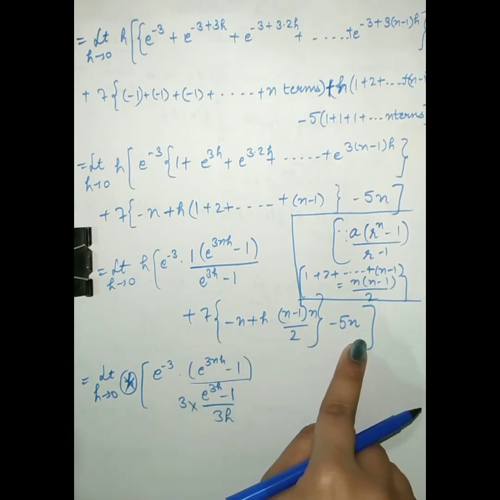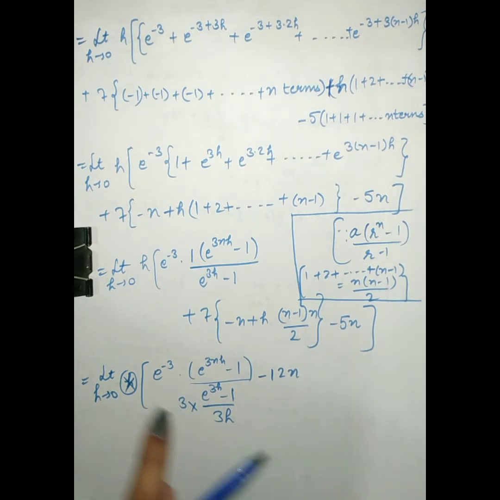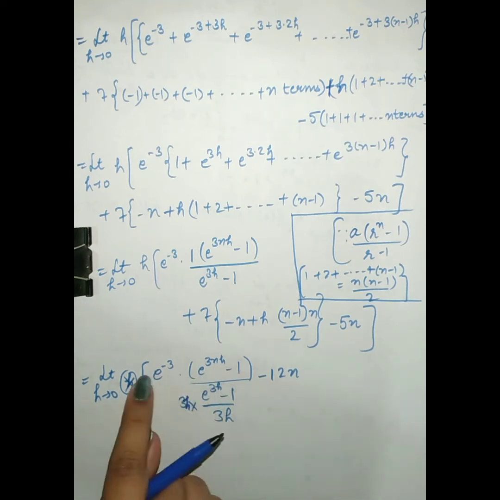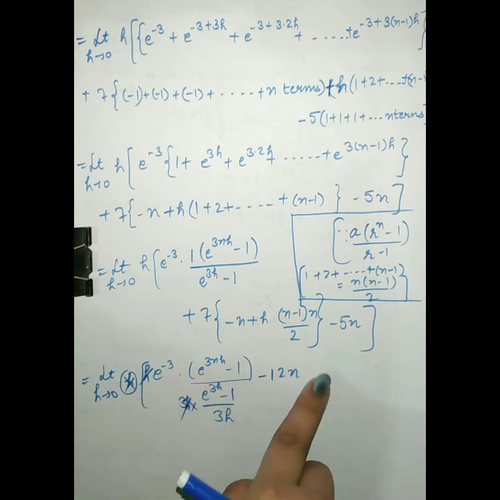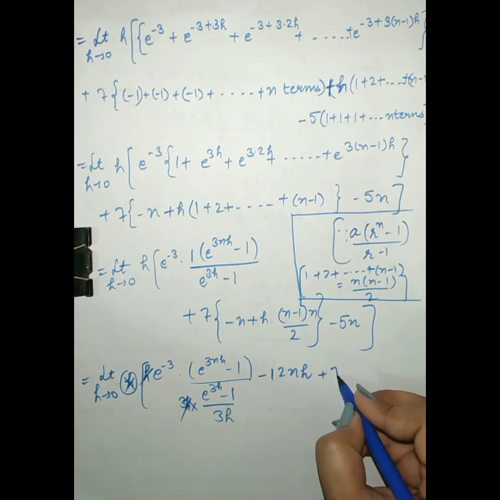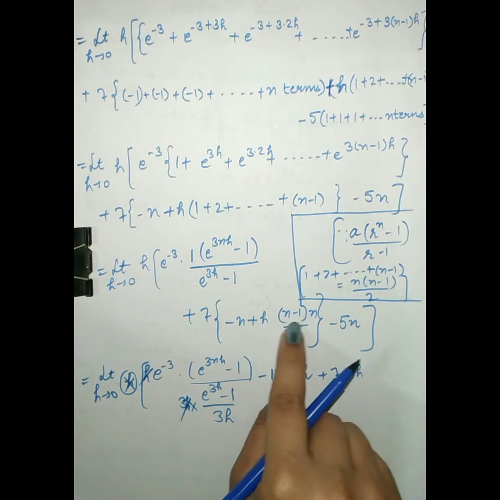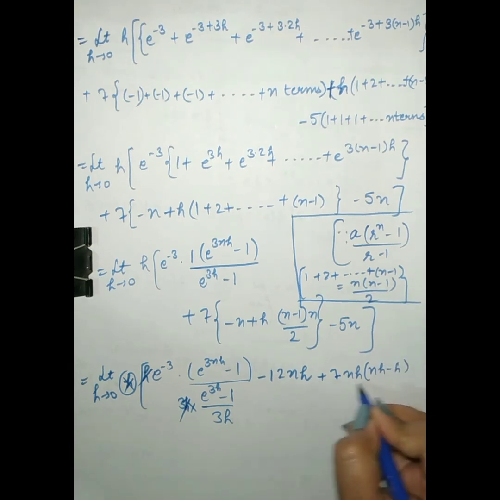Minus 7n minus 5n will become minus 12n. It will be written here because if we multiply and divide this term by 3h, and if we multiply this h with this term, then h and h cancel out, and here we get the term 3 into e raised to the power 3h minus 1 upon 3h, and if h is multiplied with this term, then here we get minus 12nh plus 7 into nh. Then we will multiply this h with this bracket, then we get nh minus h upon 2,